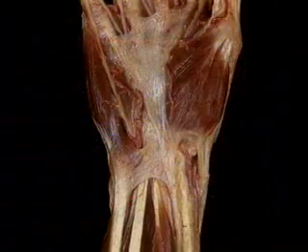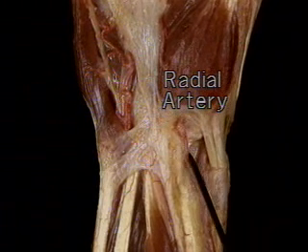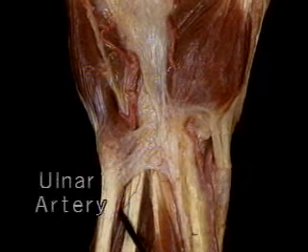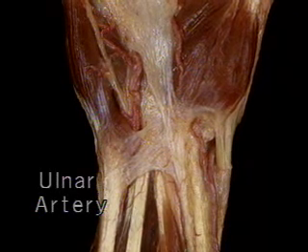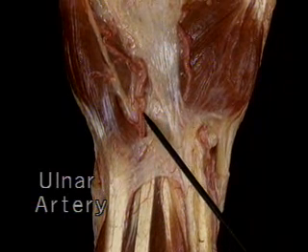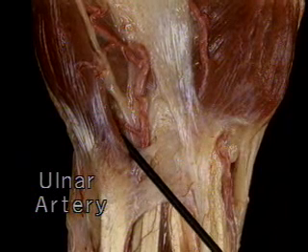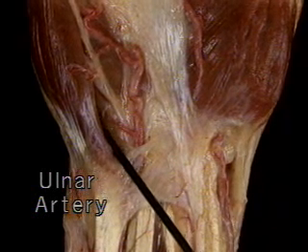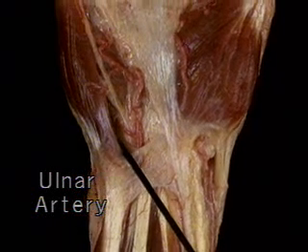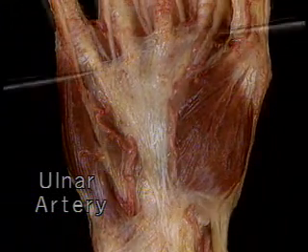Let's just get reoriented. Here's the radial artery with its superficial branch. Here's the ulnar artery. Emerging from its fibrous tunnel, the ulnar artery divides into a large superficial branch and a smaller deep branch. The deep branch dives between the hypothenar muscles. The superficial branch runs behind the palmar aponeurosis, which we'll remove,